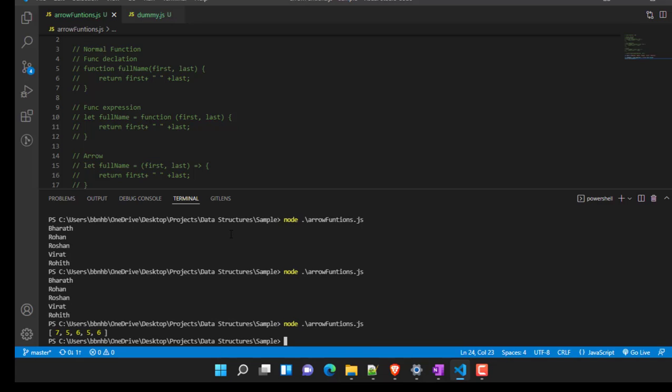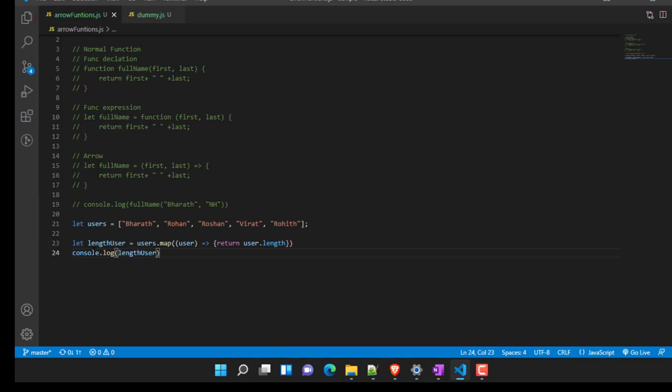Okay, so the array has all the length of the characters: how many characters Bharat has, how many characters Rohan has. Rohan has 5, Bharat has 7, and so on. So the next thing I am emphasizing here is